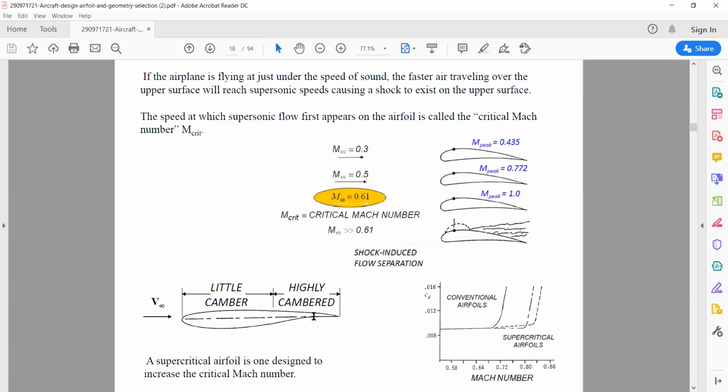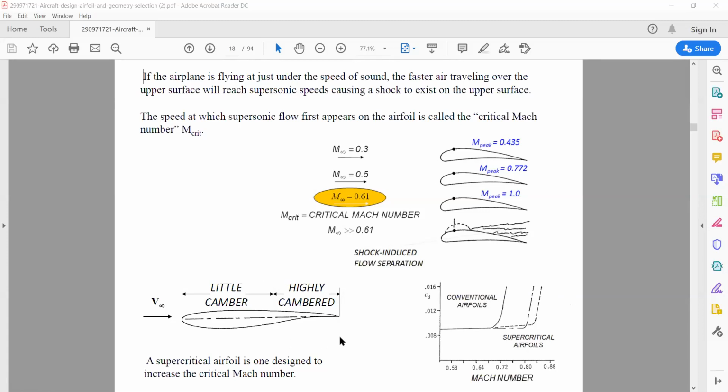From leading edge to trailing edge there is no flow separation. When it is leaving the trailing edge, it will not leave at an early stage, so it will have a good lift. You can see this is the drag. Conventional airfoils will have 0.6, 0.8. It reduces, but it can go higher also. The flow separation can be delayed by using supercritical airfoils.